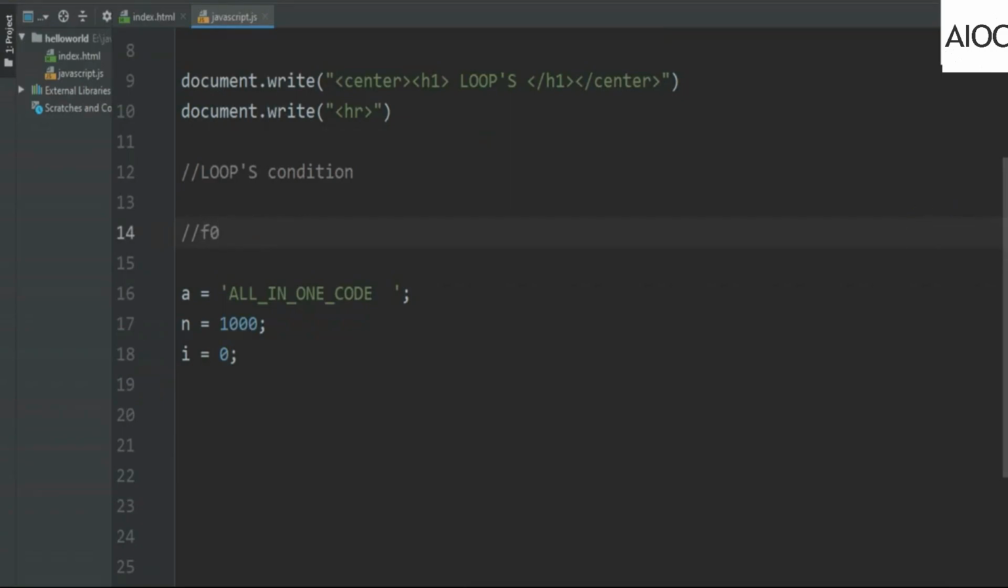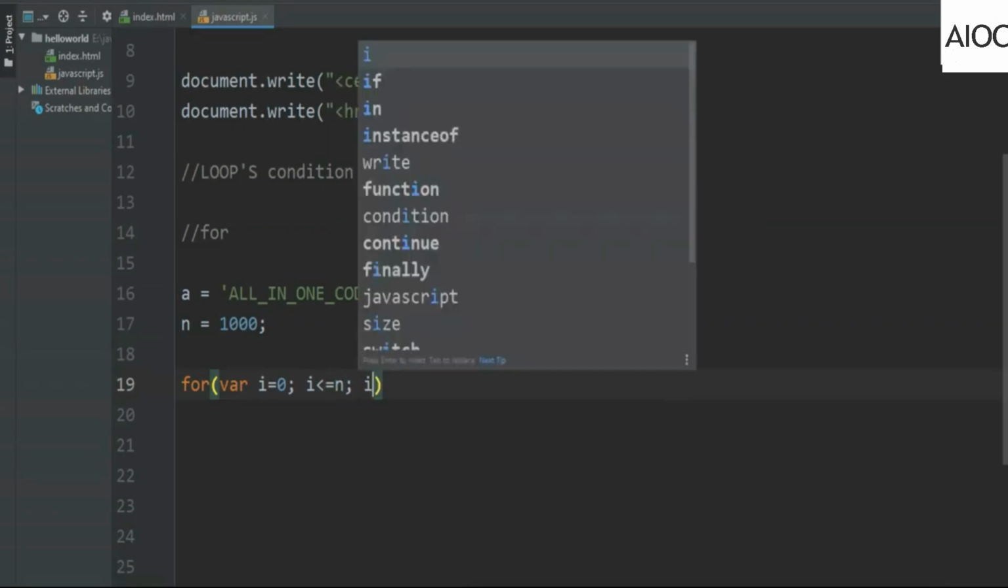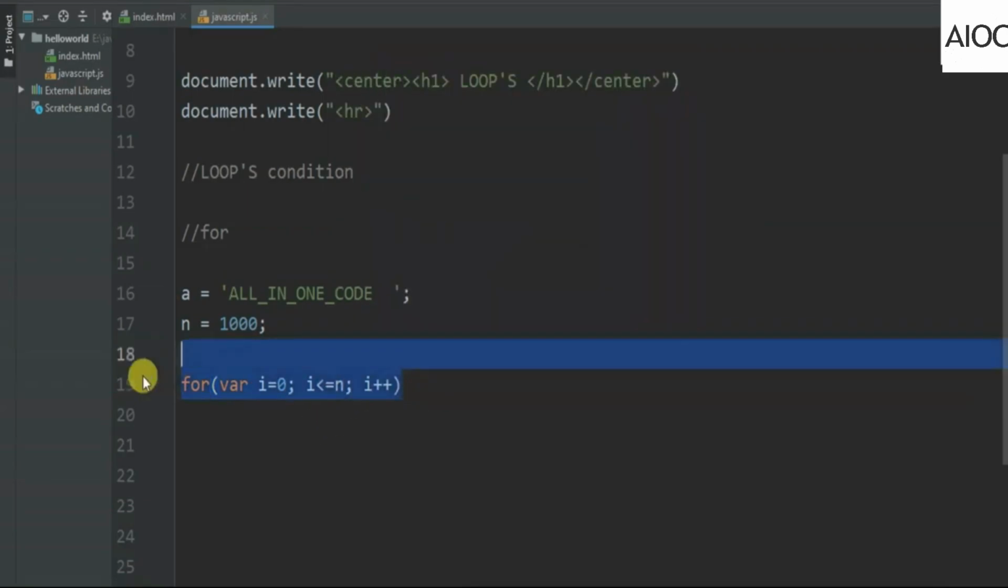I know for loop is better in Python, but this is JavaScript, and here for loop is the same as in C, C++ and Java. Okay, so for i equal to 0, so that's why we don't need i in here. So variable i equal to 0, and this statement i less than or equal to n, and this statement i plus plus. So this is the body of the for loop, and in here you can